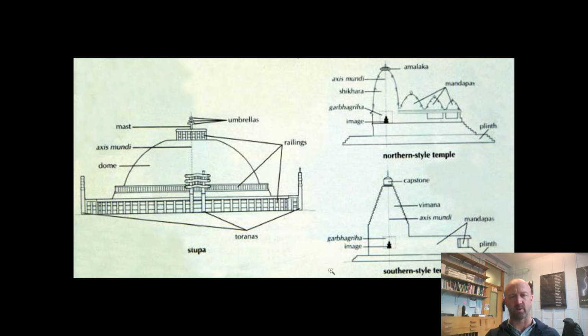The circumambulation is like putting into action the wheel of the law. Remember that wheel of the law that pushes the ideas of Buddhism, and so monks or believers will walk around this so as to start the wheel moving, so to speak. And by the way, that's not so dissimilar to the Roman practice of decursio, which we saw back there in the Column of Trajan and other forms as well.